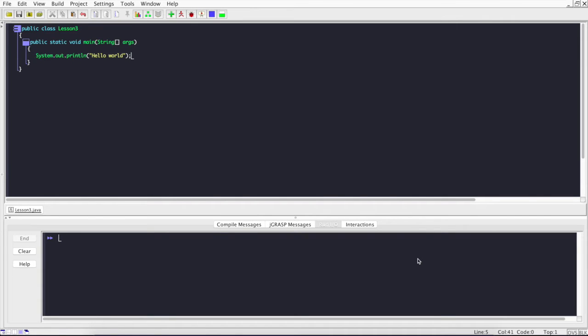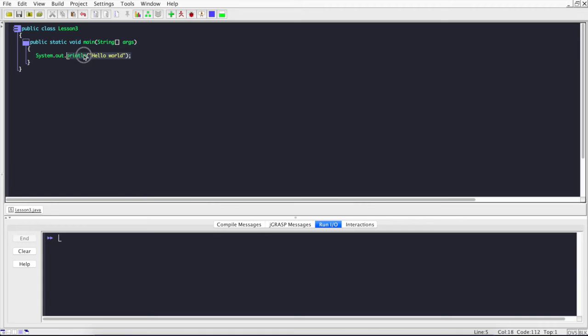classes and how we can create our own classes. So classes are essentially like a template that describes the state of an object. An object is an instance of a class. So for example, an instance